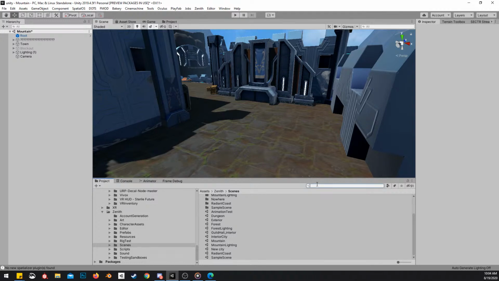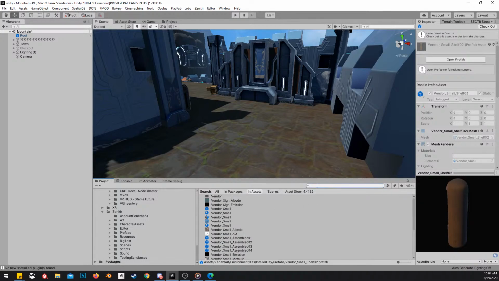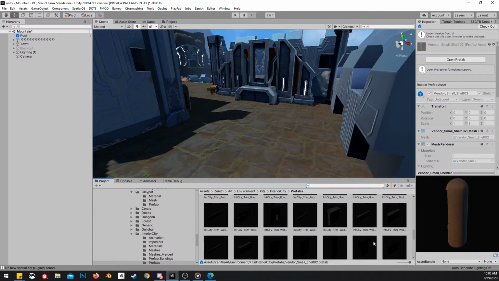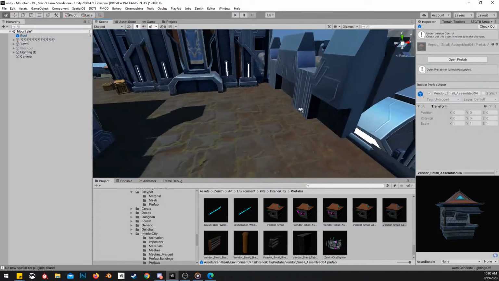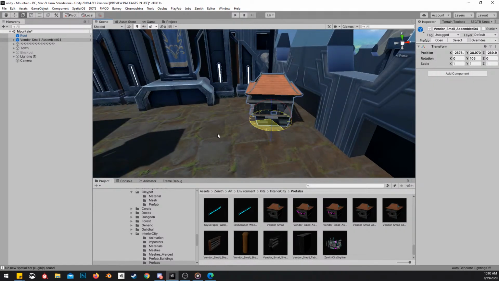So in our game, we already have some vendor stalls made, so if I just search for it, I should be able to find it. Vendor small shelf. Vendors. Okay. So here are some old vendors that we have already in the city of Zenith. If you guys have played, you might recognize these already. So if I drag these into the scene, put them where I want them,